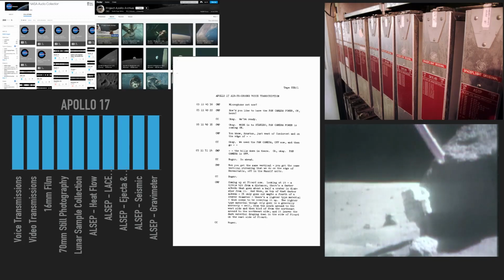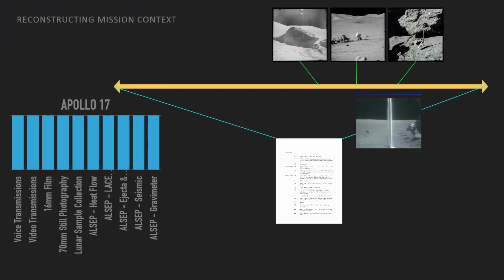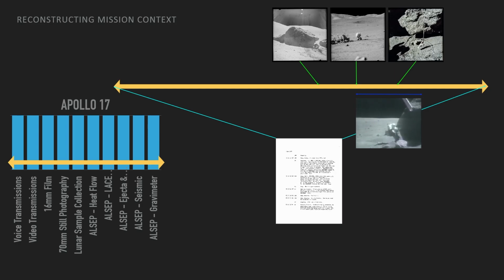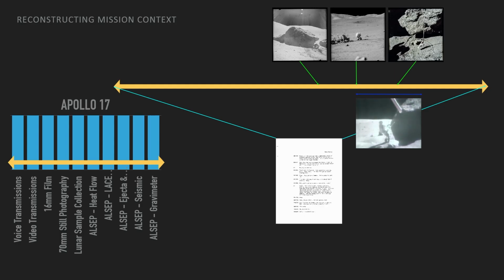So really what we want to do is take all these different data types and tie them all together into that common denominator of data connectedness, which provides that connection between all the different silos. And that common denominator is essentially, when did everything happen on the mission? Like, what time did things happen? It's a really simple question, but very hard to answer with historical material like this. So that little animation represents a huge amount of effort that was done by that group of people. And Apollo 17's process of digitization took 6 years,